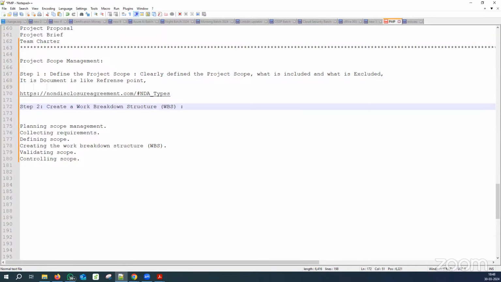So develop a WBS, a work breakdown structure. I would say that it breaks down the project deliverables into smaller, more manageable components. The hierarchical decomposition helps in organizing and understanding the scope of work required for the project. So in very simple words, I would say, Mr. Gaurav, that